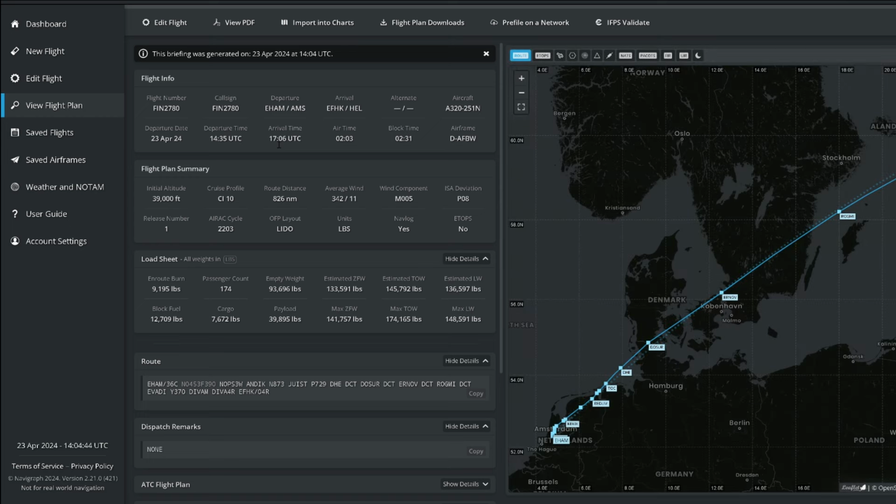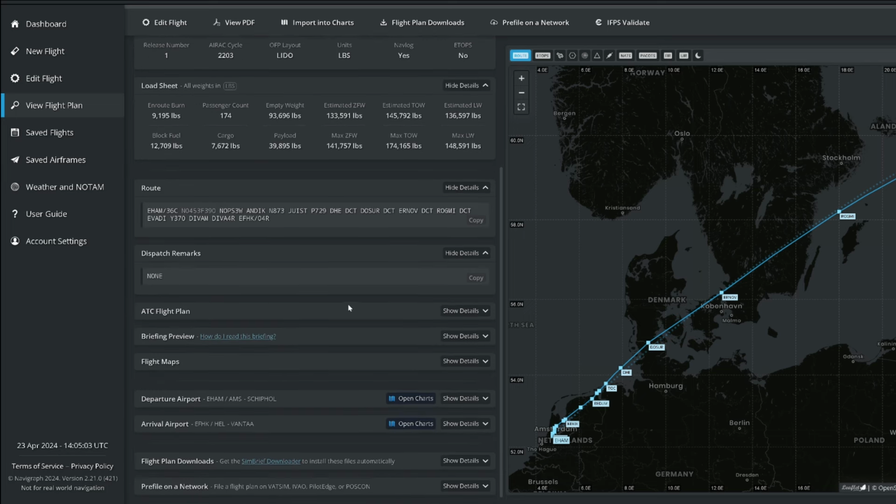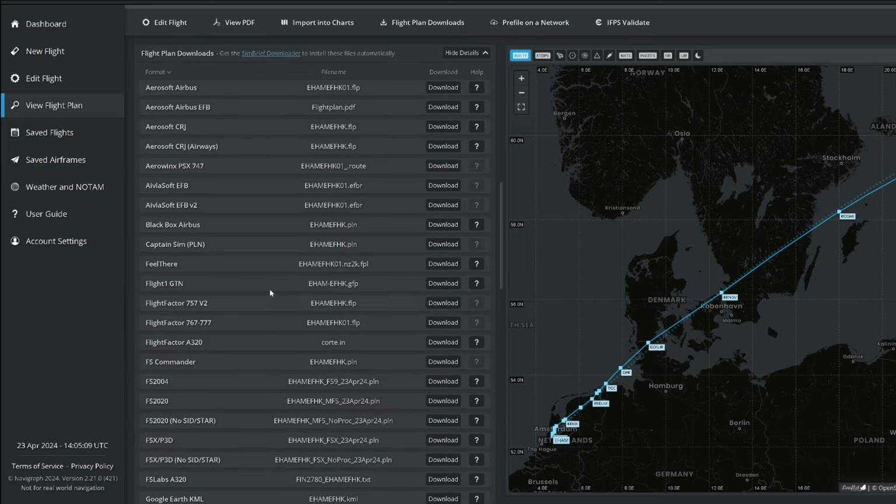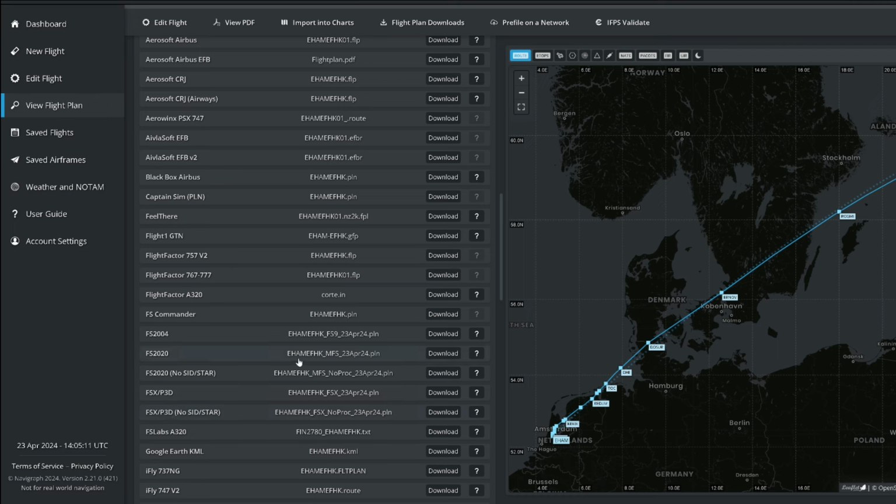Now it has neatly collected all the needed information on this page. If you want to, you can insert the plan manually in the plane's MCDU, or for the easier version, you have to scroll down. Press Flight Plan Downloads. Then download the